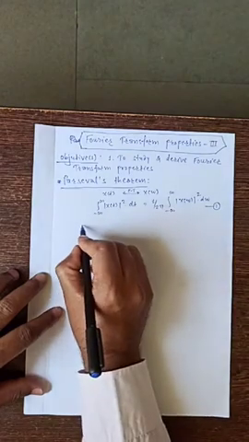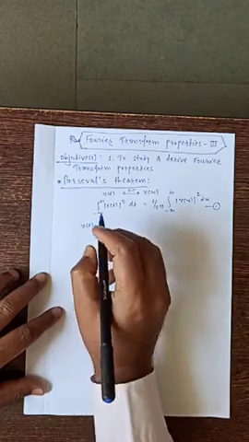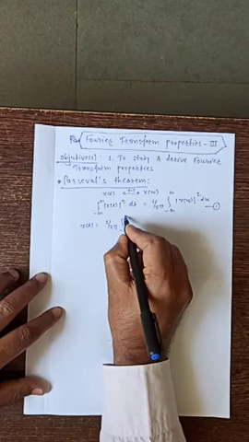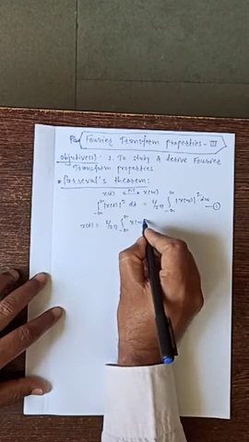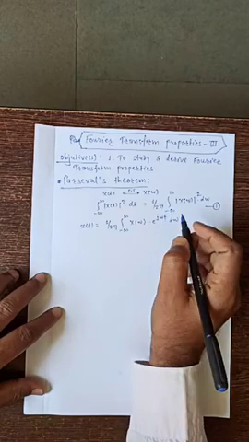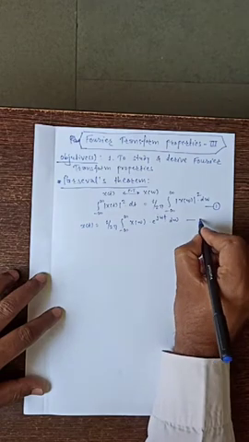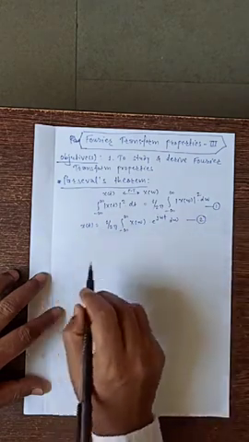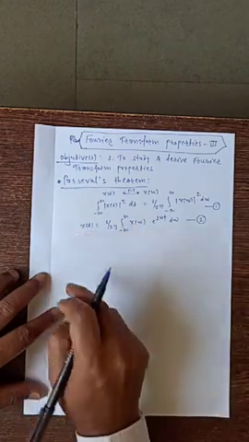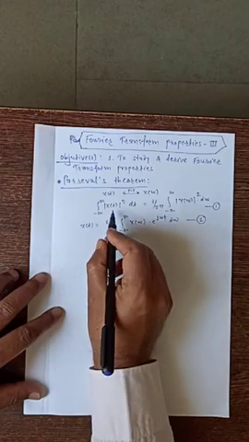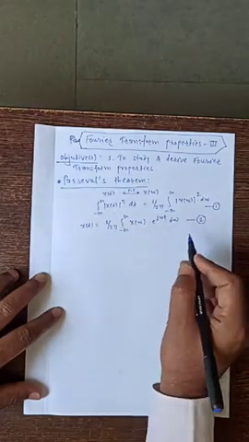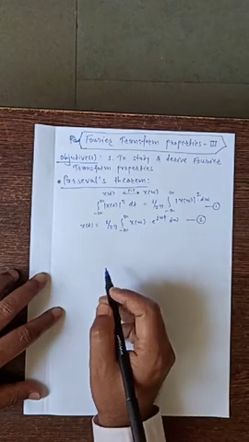Now just see the equation for x(t), that is to get the original signal. That is equal to 1 over 2 pi integration from minus infinity to plus infinity of X(omega) e raised to j omega t d omega. Let it be equation number 2. So this is to get the original signal x(t). X(omega) is the Fourier transform, and this equation is going to find x(t) for you. Then on the left hand side, x(t) squared is there. So in equation 1, we'll put the value of equation 2 in place of x(t).